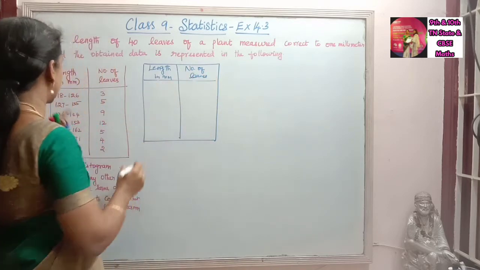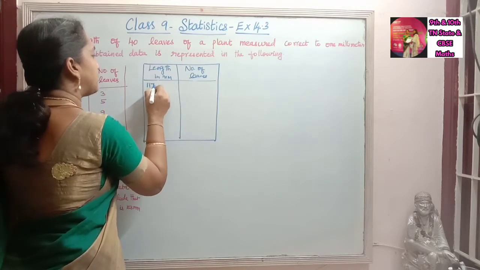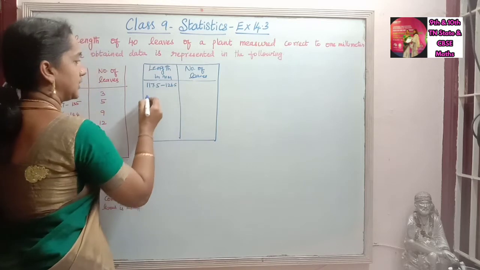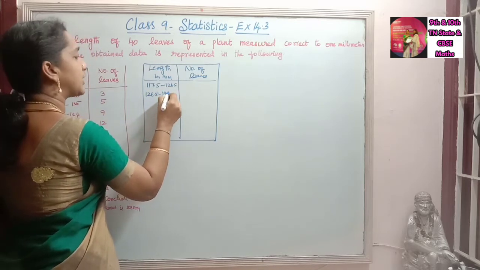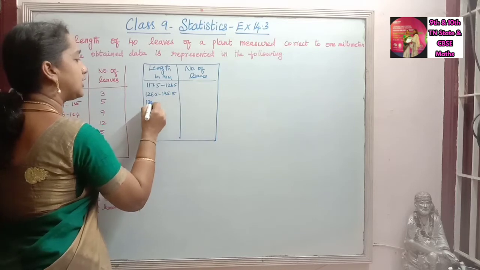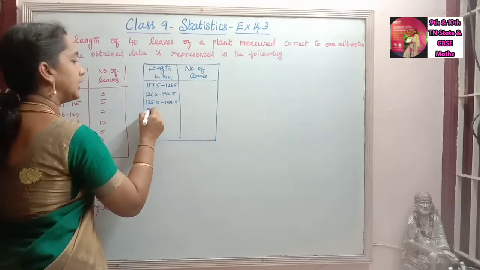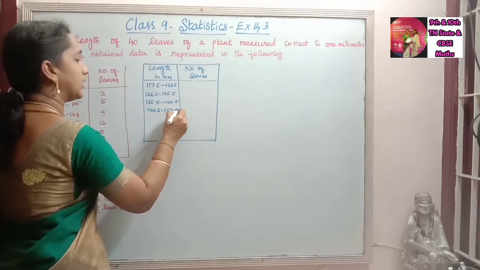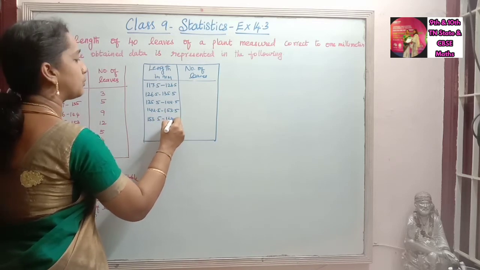Here, as I told you, I will change this data: 117.5 to 126.5, then 126.5 to 135.5, then 135.5 to 144.5, then 144.5 to 153.5, then 153.5 to 162.5,